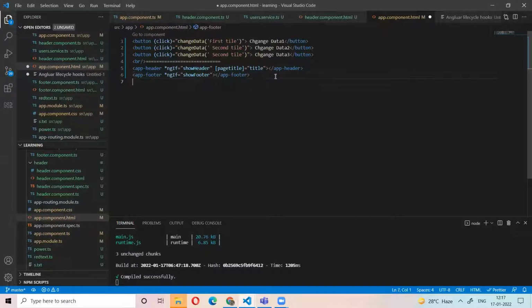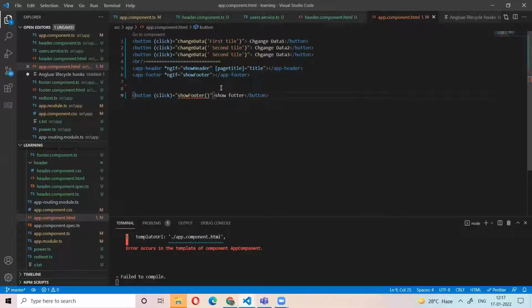If I click any button, like show footer, I call a function. I write a method, and I also have the other method, show header.